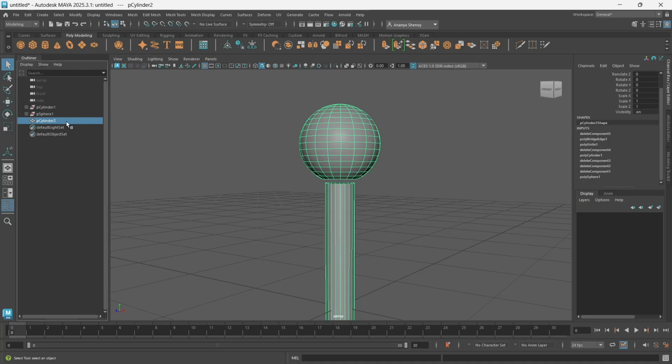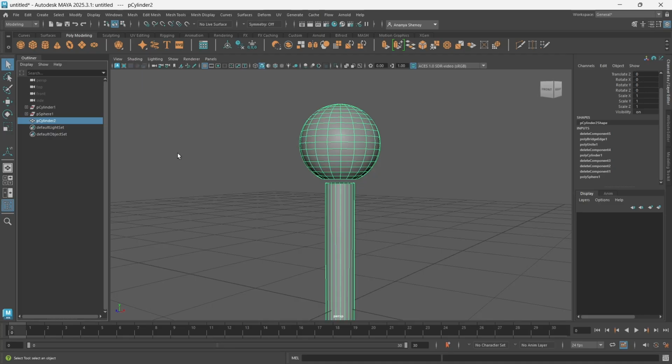And if you let this be, if you keep this, as you keep modeling, your model might break at certain points. Once you start modeling, creating layers, combining stuff, your model is very prone to breaking if you keep this history. So we keep deleting it as we work on our projects.